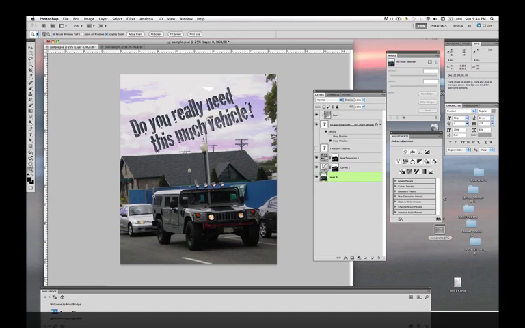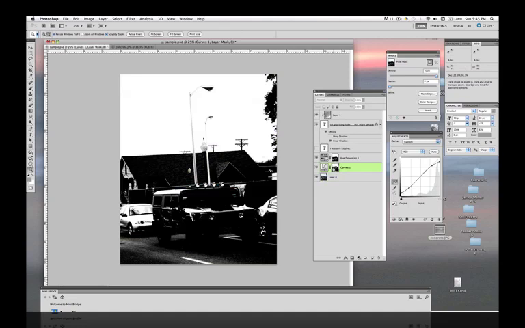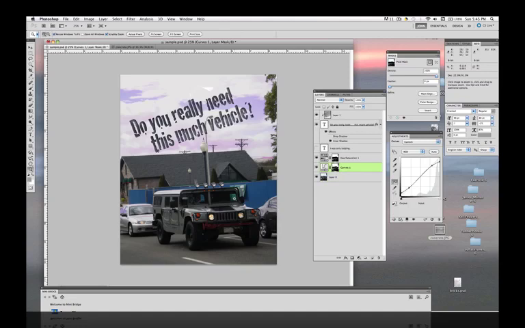Now the other thing is, you'd probably want to go in and make a selection. There's this goofy blue fence over by the post office there. Make a selection and do something with that. Pull back on the darkness of that. Make that a little bit lighter somehow with a curves adjustment, with some nice mask selection there, so that this vehicle would stand out. Boom! We want it to pop off of there and